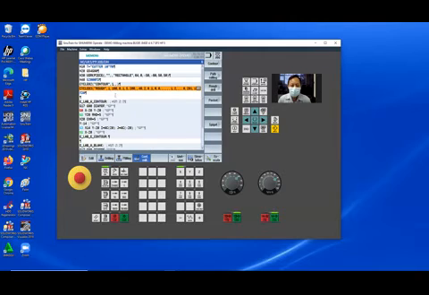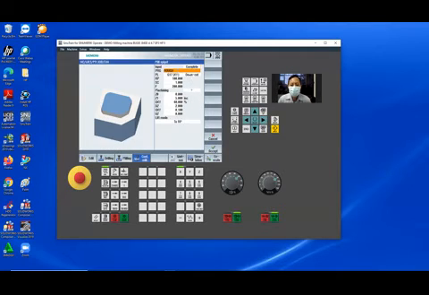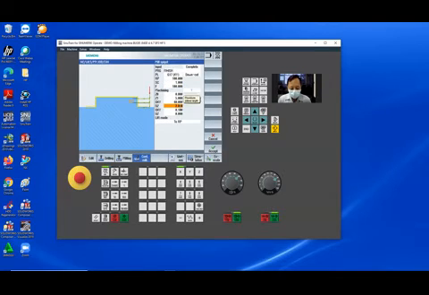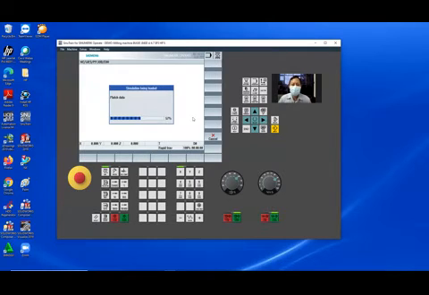Accept, and then copy and paste. Edit using this arrow. Finish. Feeding 100. Maximum cut 5. Okay, and accept. Let's look at the simulation.